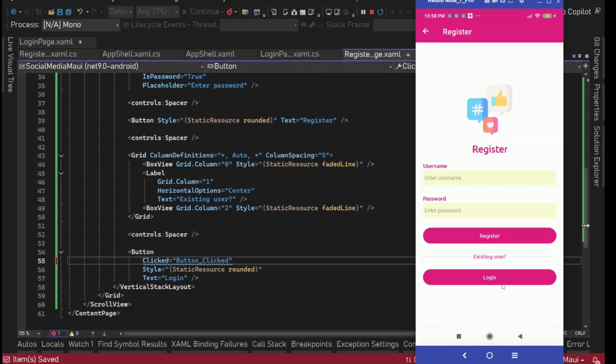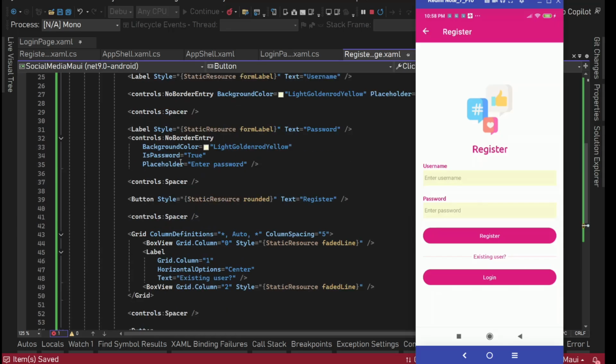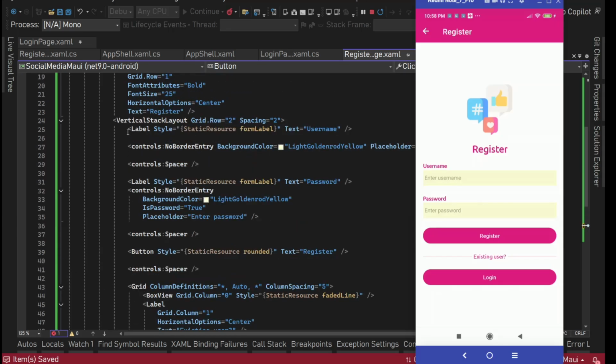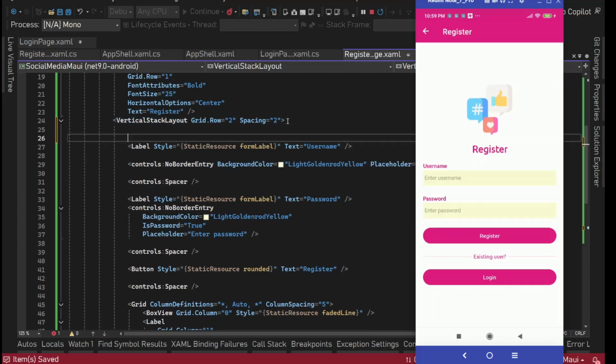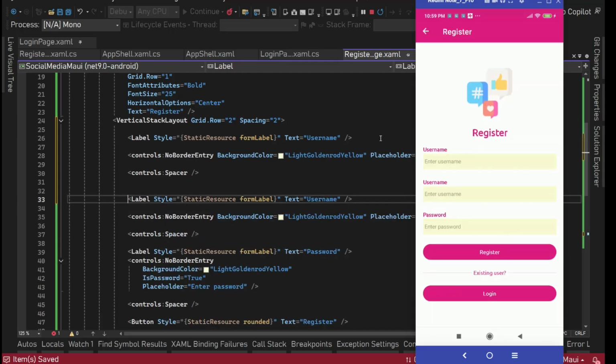Save it. And now on click of this, it will go back. We have register, username, password. Now on this register page, we are going to have name and then email and password. So email, we are considering that as username. All right. What we'll do, we'll simply copy one of these things. So label, control, this no border entry and spacer. These three things we are going to copy in this vertical stack layout, and then we are going to